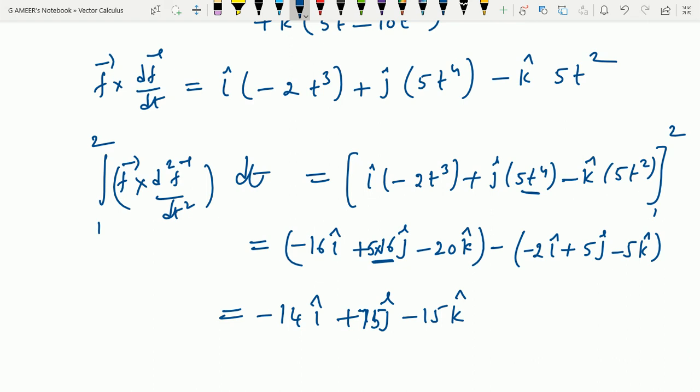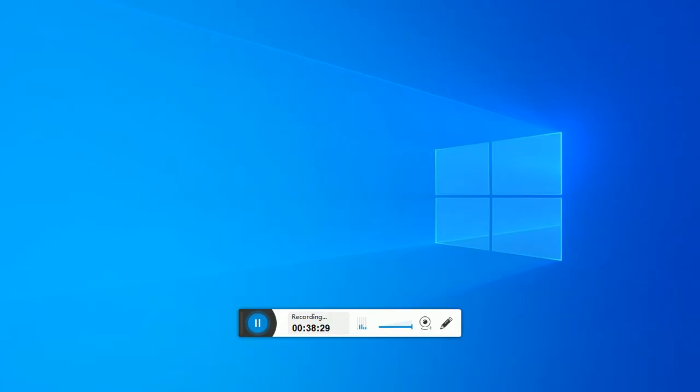Okay, so this is the way of solving the problems in integration. This integration is almost similar to the integration you have known in your 11th and 12th standards, or otherwise from your BSc first year. The same things will be applicable here, but the function here is a vector function instead of a real function. It is a vector function with real x component, y component and z component.